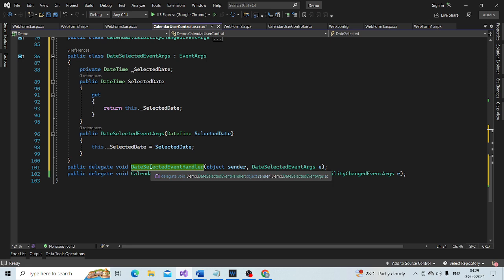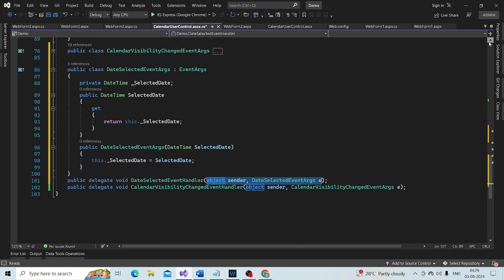And if you look at that delegate, it has these two parameters.